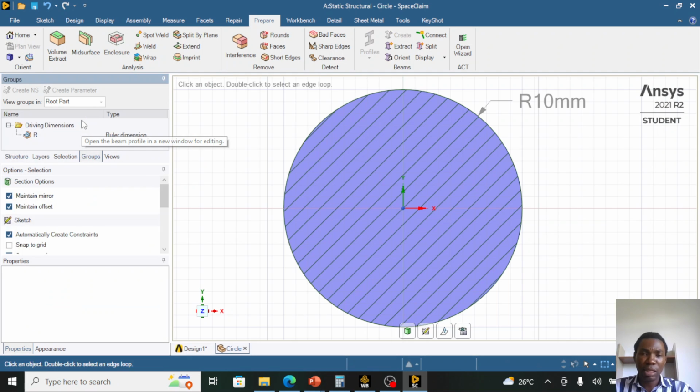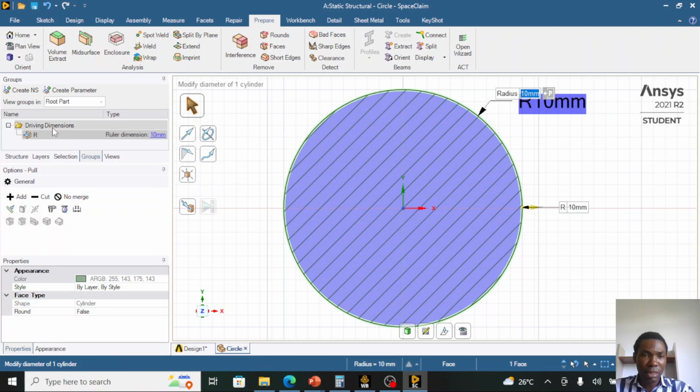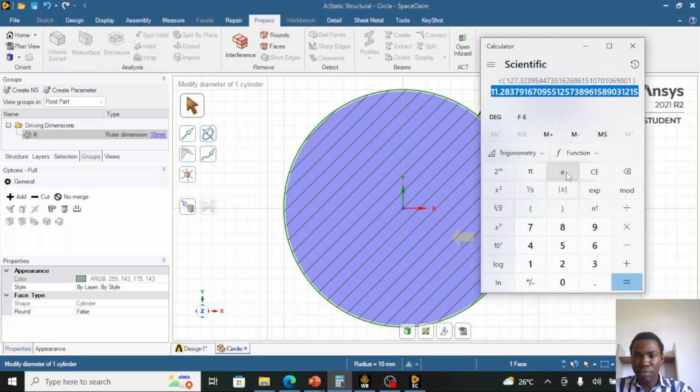Our first area section is 100 mm square, and we check under this driving dimension. We have a parameter called R, and R is the radius of the circle, defined as 10 mm. So we need to find the area of our first cross section, and we know that we need to find the radius of our first cross section, and we know that the area is 100 mm square. If the area is 100 mm square, we can calculate the radius as 100 divided by pi,